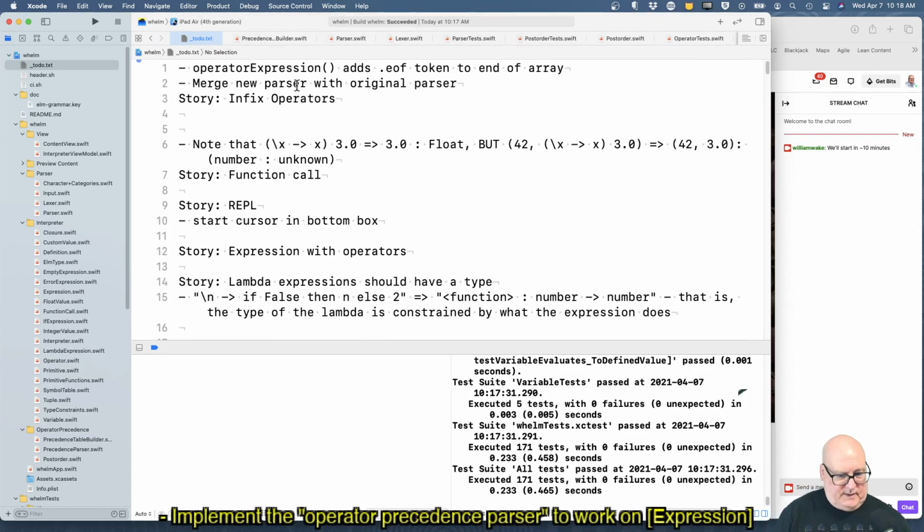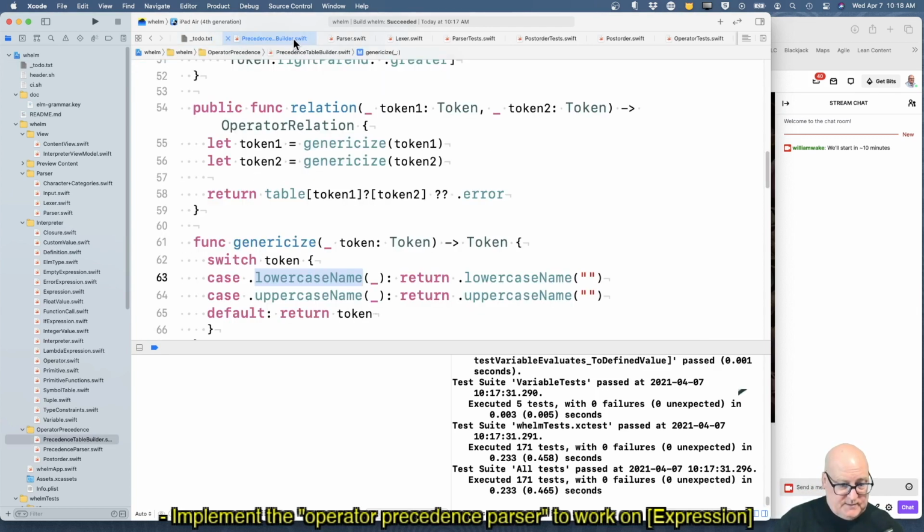All right, I think we're getting there. All right, this is modify operator expression to add end of file token to end of array because the new parser needs it. Okay, but that should be pretty simple.